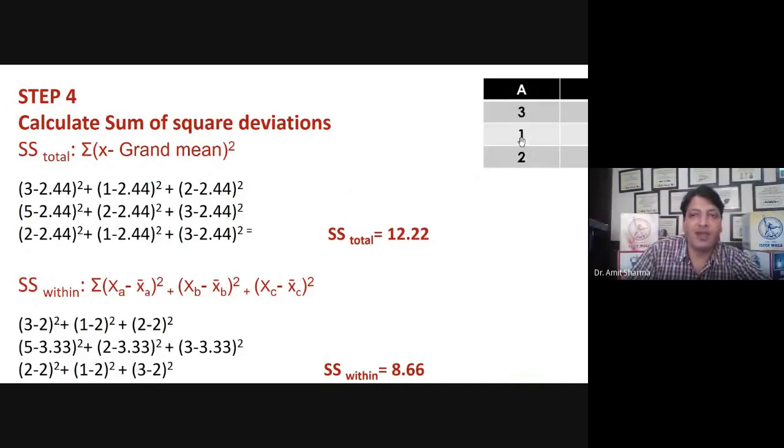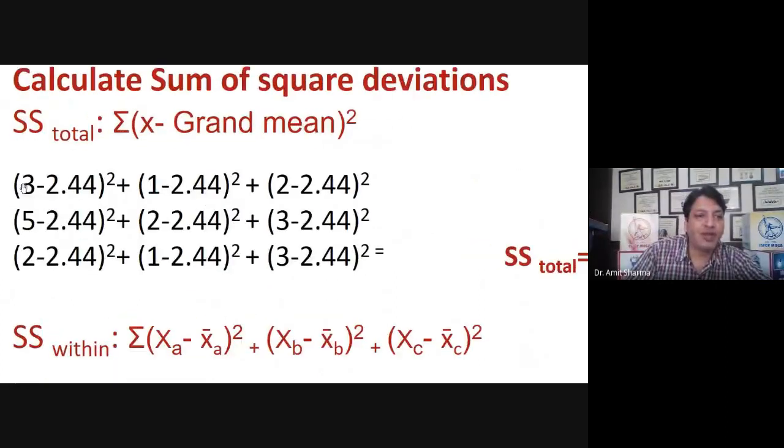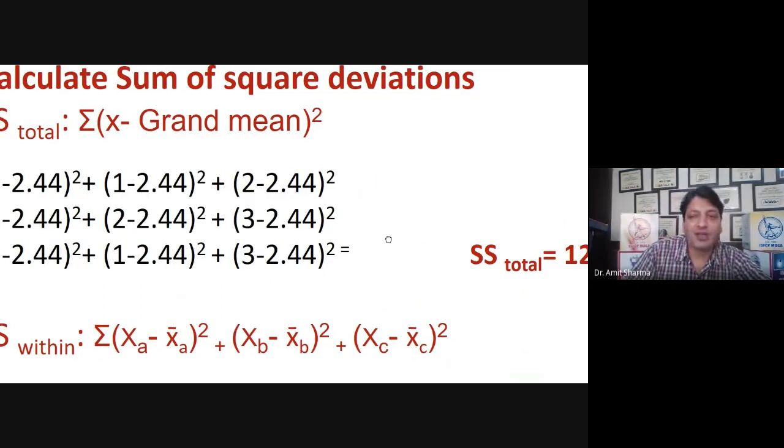One is 3, 1 and 2. So I have taken the 3, I have taken a 1 and I have taken a 2 minus 2.44 and the square of this. So like this, this is for group A, this is for group B and this is for group C, and you are going to get a SS total, that is